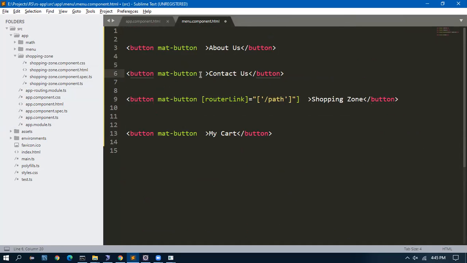By the way, you asked about the router link snippet for Angular 2. It is coming from this plugin, Angular 2 snippet.